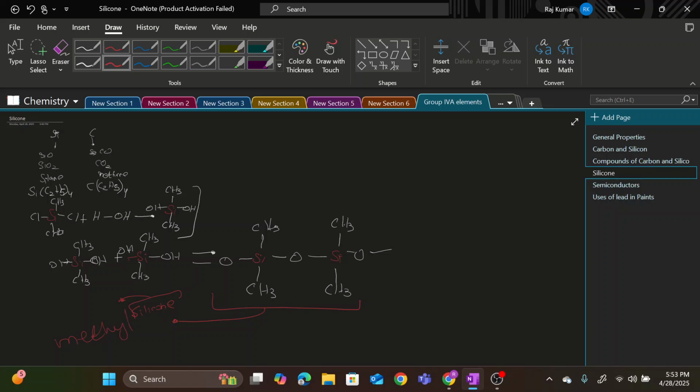Now, some characteristics of this methyl silicone are such that it is used as a greasing agent. Because it is a methyl group, it is used as a greasing agent, it is used as an oil lubricant, and because it gives an oily base as well, such that it is having a methyl group, which makes it quite oily and greasy, and it is also used